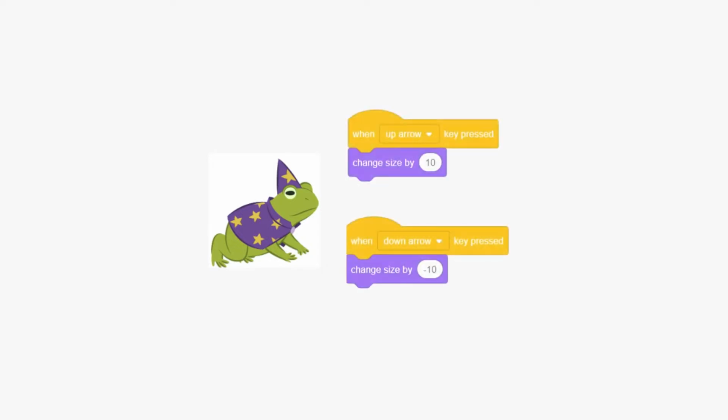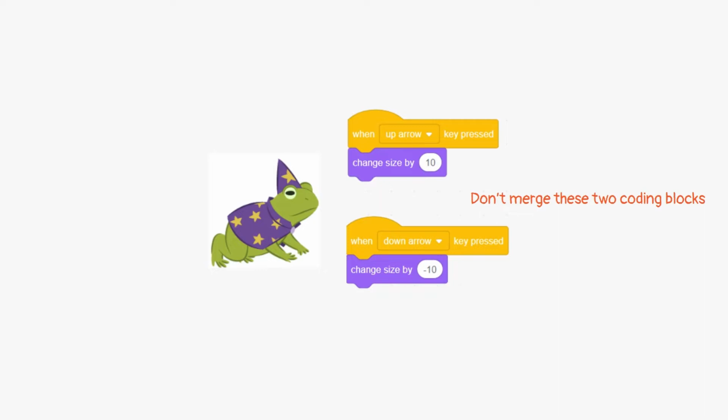Because this frog is a wizard frog, he can change his body size. In Scratch, we can use the button to start block coding. For example, use these two coding blocks on a frog sprite. In the upper block, if we press the up arrow key on the keyboard, the frog will become bigger.